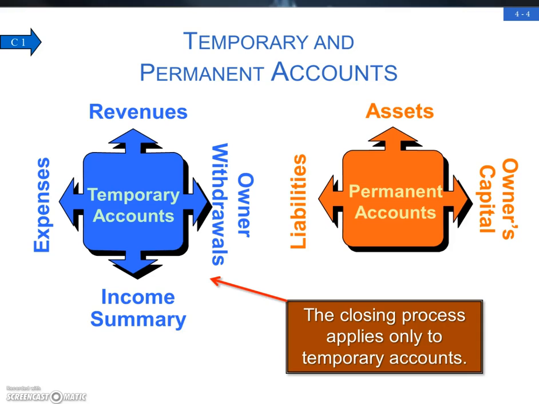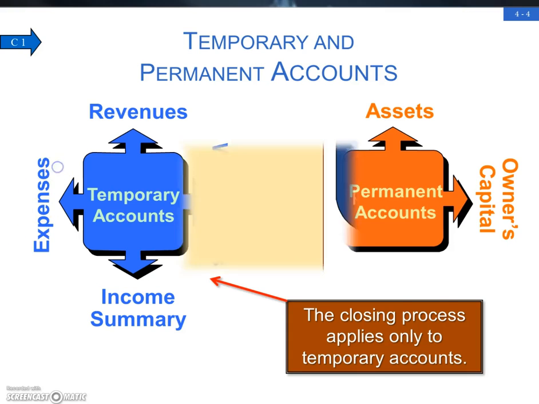So at the end of that period, at the end of the year, we already know how it's performed. What were the revenues and what were the expenses? Now we need to start recording the next year. So we need to start at a zero balance, and we don't want to just continue on with the revenues